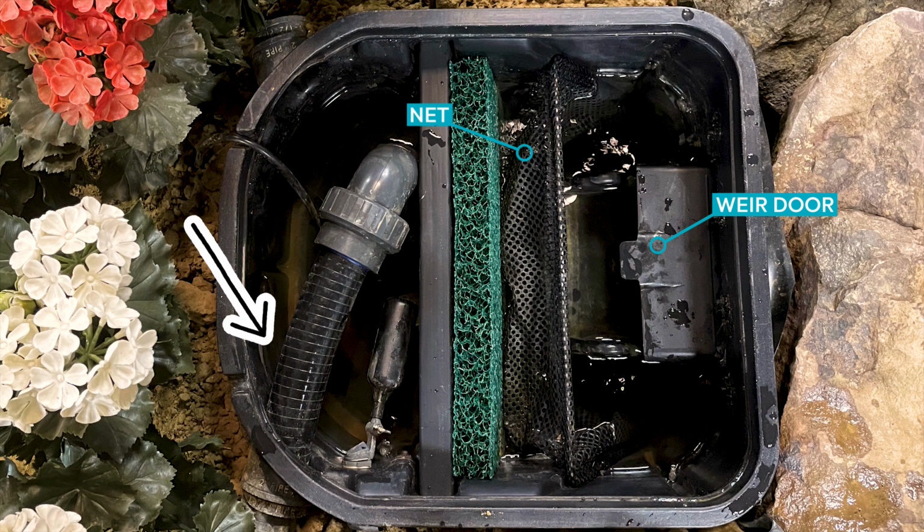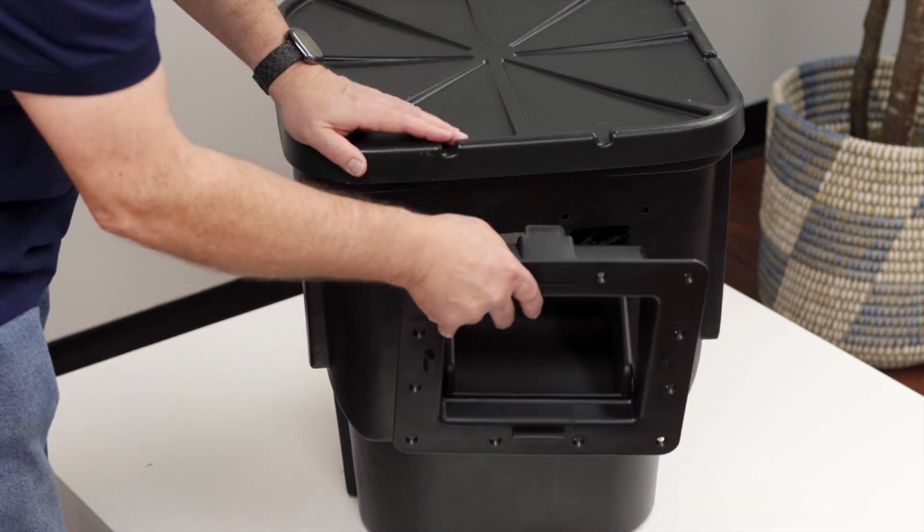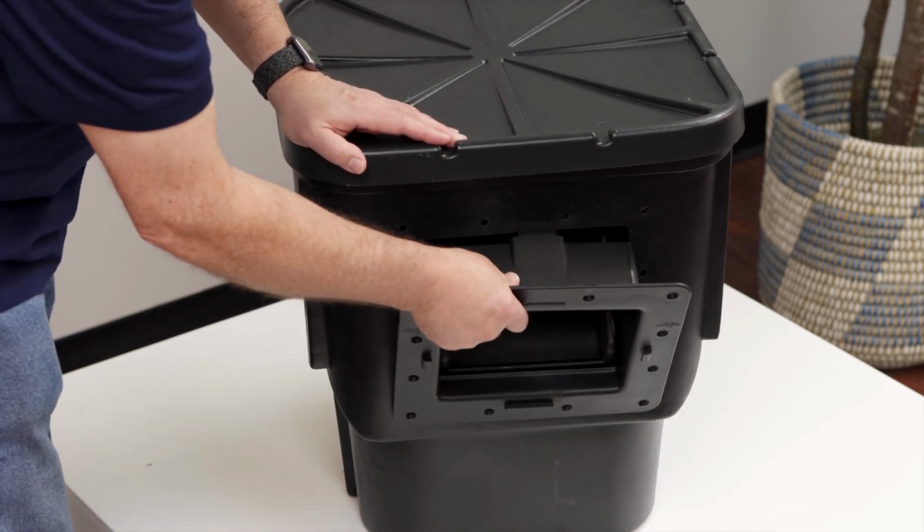Floating debris gets pulled into a net behind the weir. A buoyant weir door concentrates the pulling action on the surface film the debris floats on, increasing the reach of